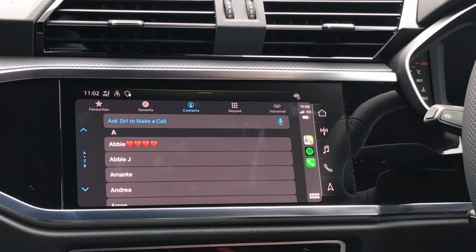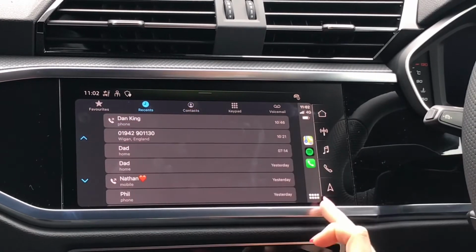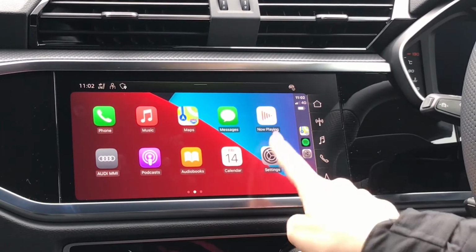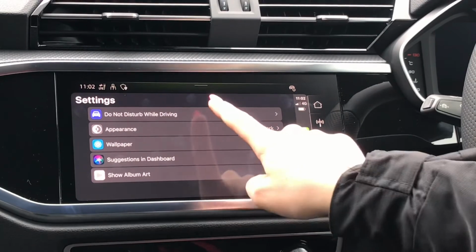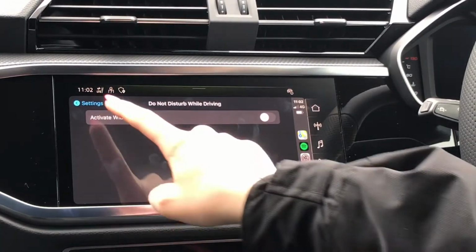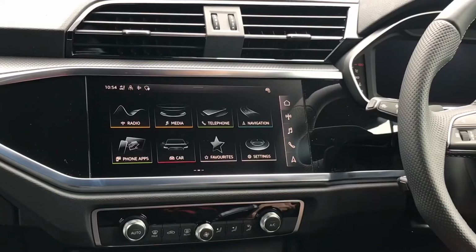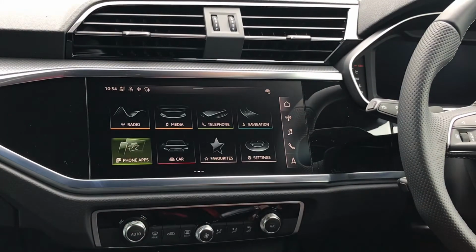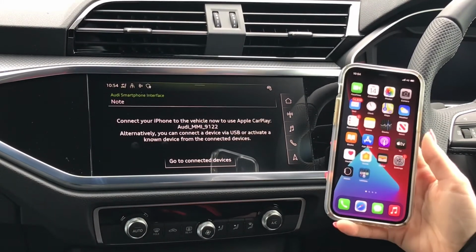On the most recent models, you do have the option to connect your mobile phone to the Audi smartphone interface using Bluetooth for a quick and easy connection, and I will show you how to use this in the next clips. To connect to Apple CarPlay through Bluetooth, the first step is to make sure that your Bluetooth is activated